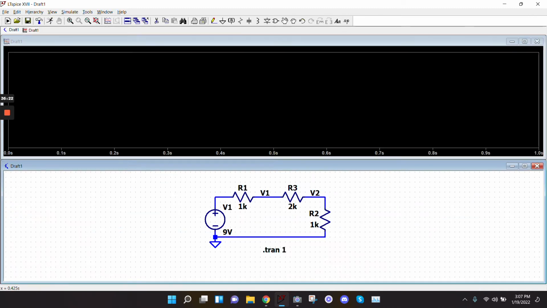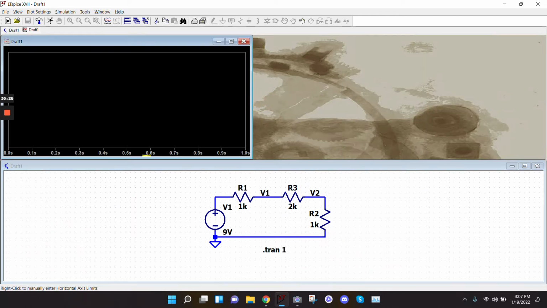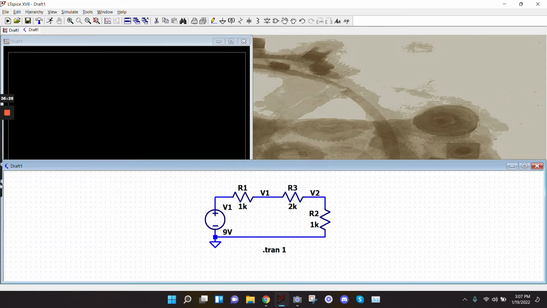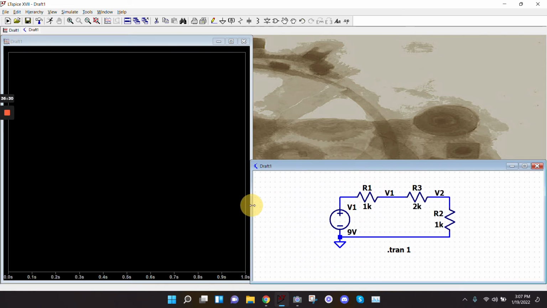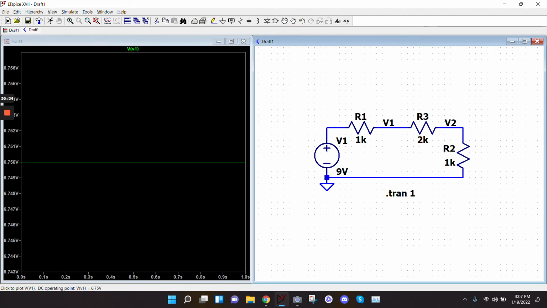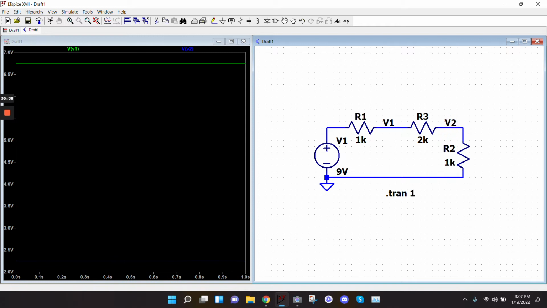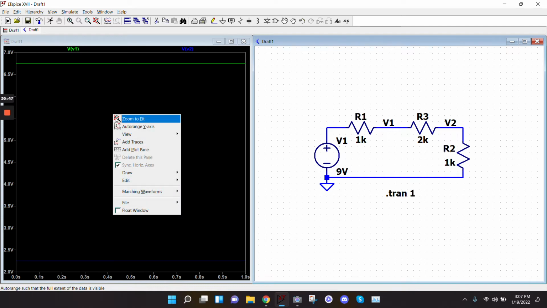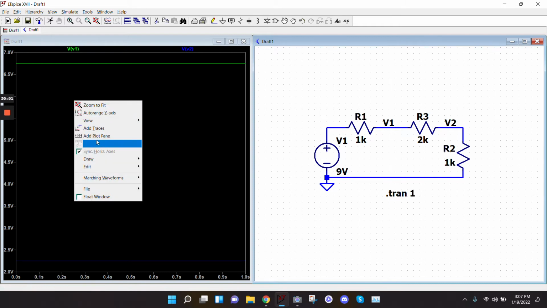So I hit run. See, I get this window here. This is the plotting window. You can move these windows around however you like for whatever purposes you need. And so when I click on V1, that voltage gets plotted. You see it's green? If I click on V2, that voltage also gets plotted and it's blue. But if you print in black and white, I'm going to have no idea which one's which because they're both going to be gray. But if you go add plot pane, so I right clicked and I hit add plot